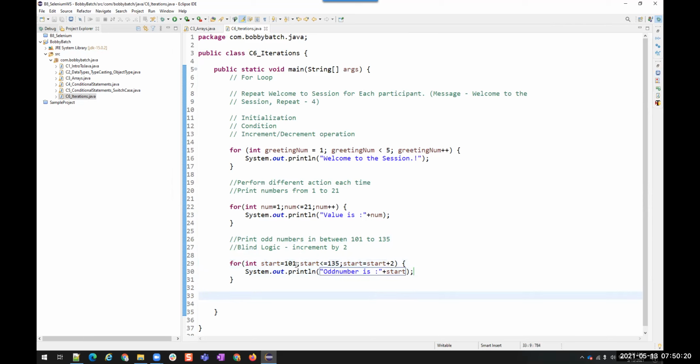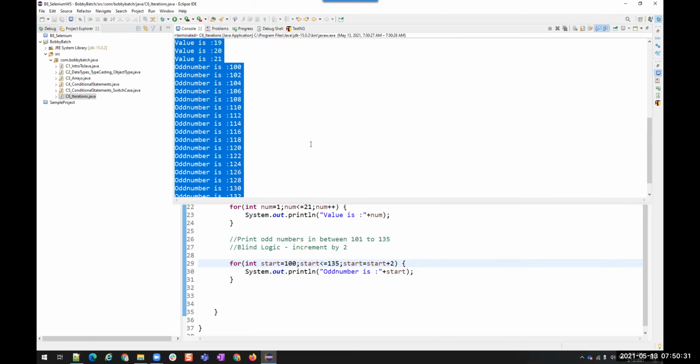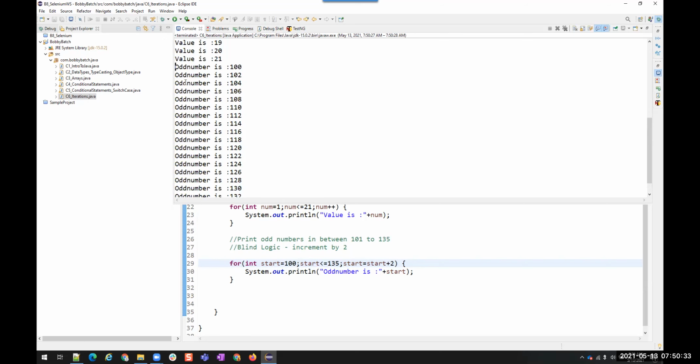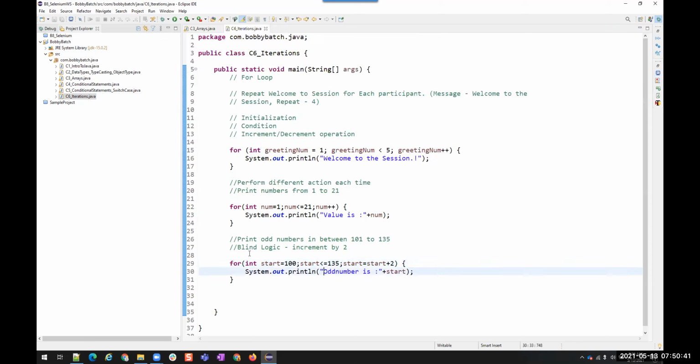But suppose I change the start range to 100. Now if I run, are these odd numbers? No, right? These are even numbers. Will the blind logic work every time?